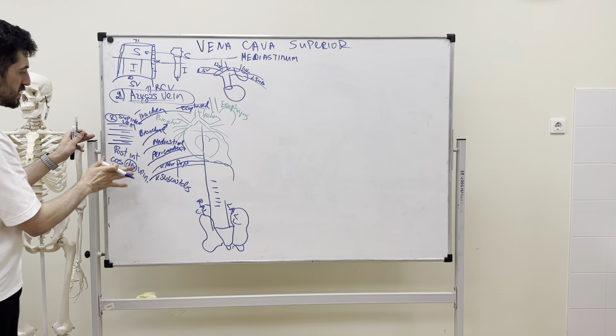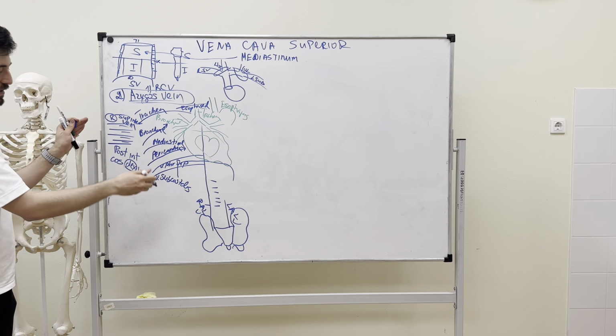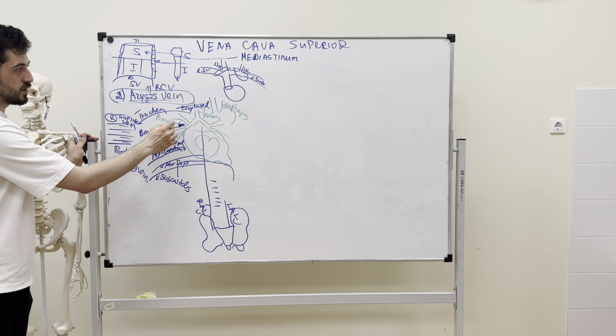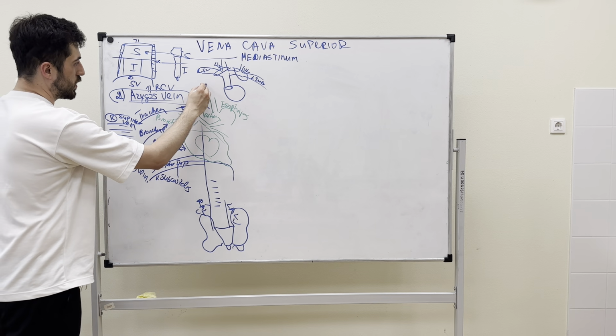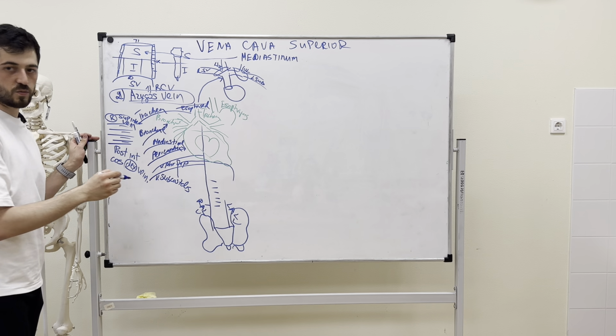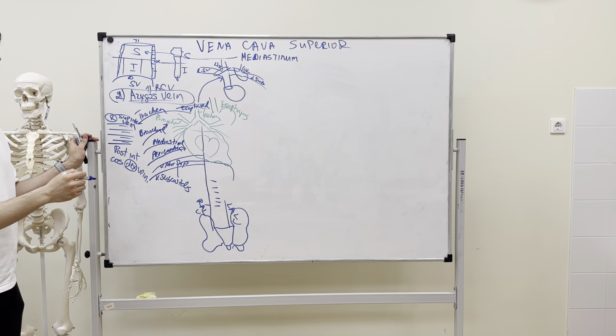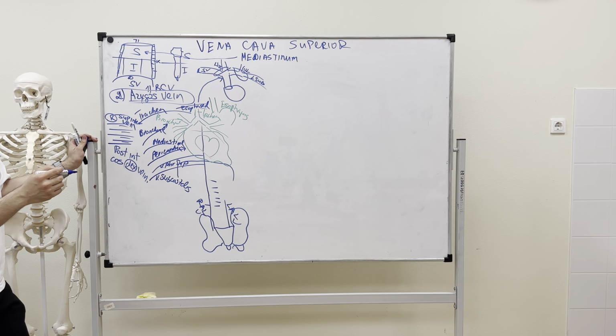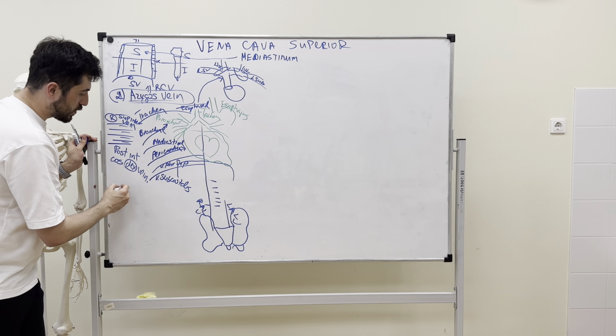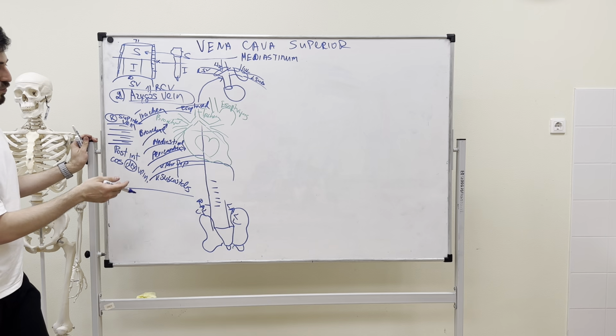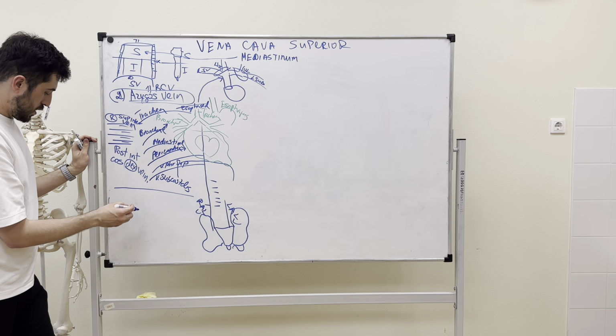All this blood will drain into the azygos, this structure, and after that it will drain into what? It will drain into the superior vena cava. And to frame the superior vena cava, we have hemiazygos. That's why I stopped here. That was all the visceral and branches. Now we're going to talk about